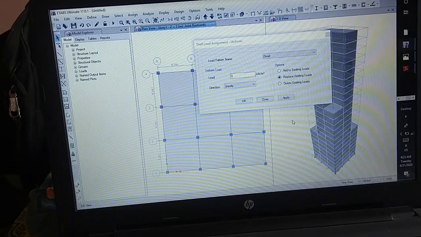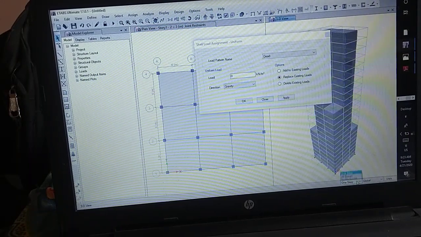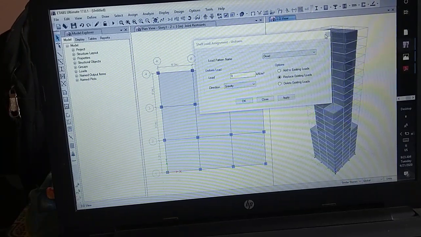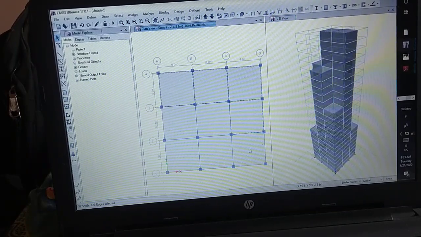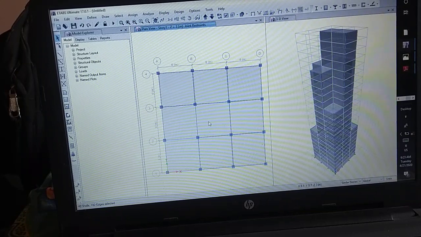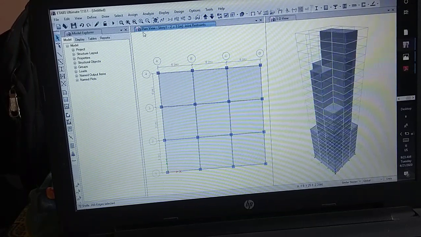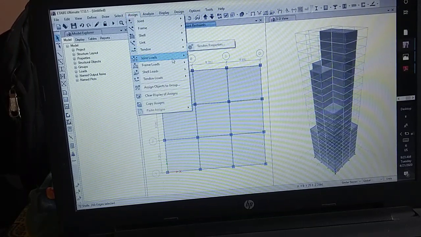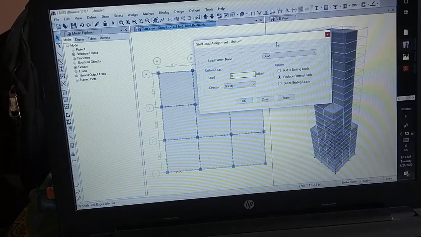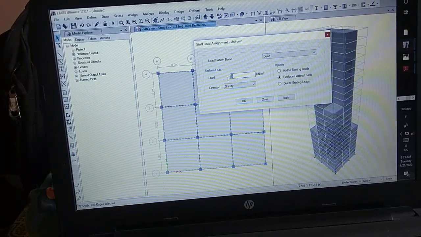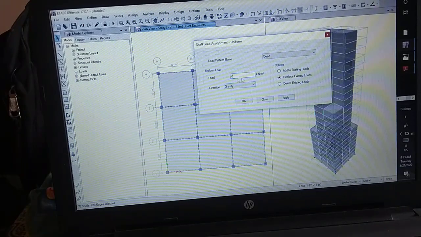So go to the first similar stories, then select the slabs, and then we are going to assign dead and live load for the shells. So uniform load of dead load here, which is 2 kN per meter square.